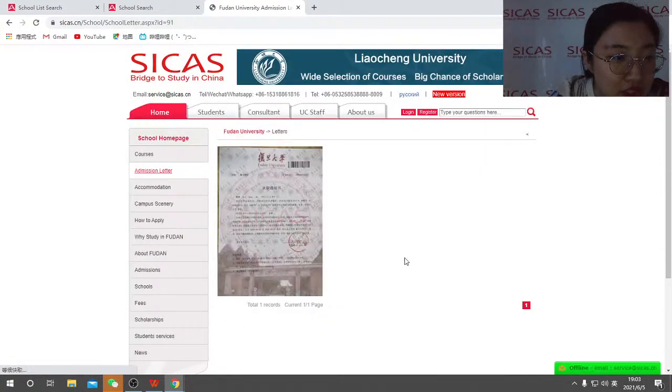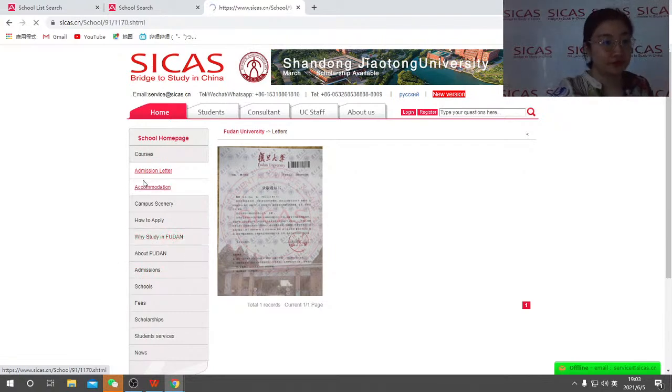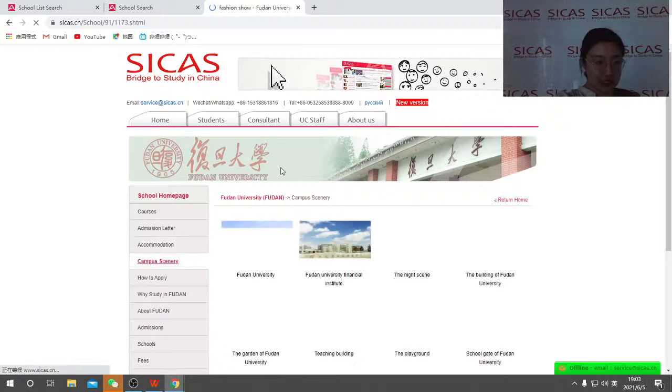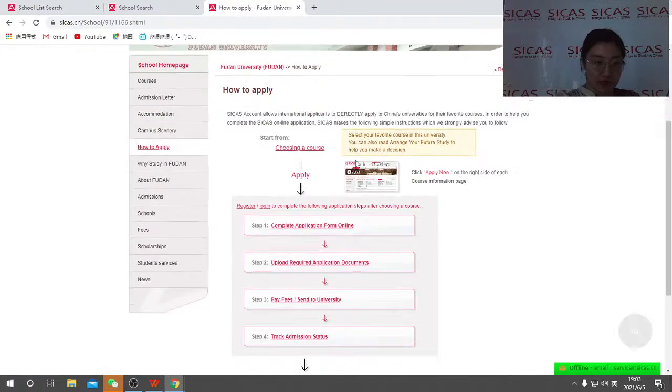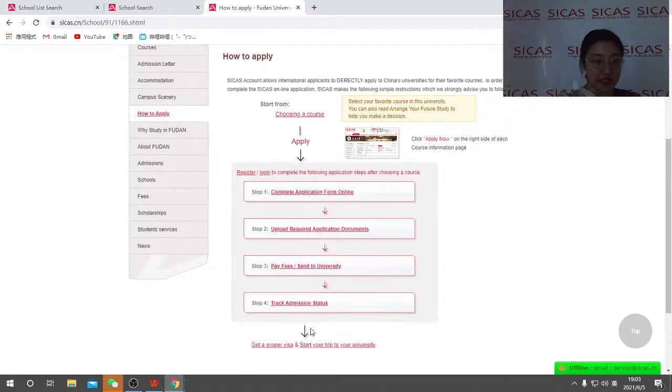How does the admission letter look like with SICAs, the accommodation fees, campus scenery, a really beautiful campus, how to apply. So there are 4 steps. You complete an application form, upload required application documents, pay fees, send to university, track admissions,